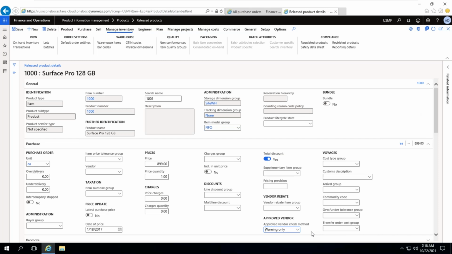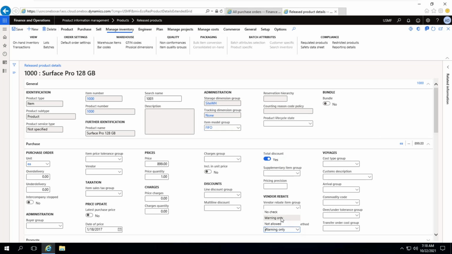So here, if you look at this one, there are three options: no check, warning only, not allowed. No check means I can purchase this material from any vendor. Not allowed means I will purchase from specific vendors only.